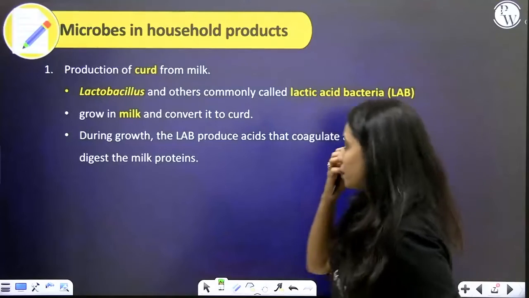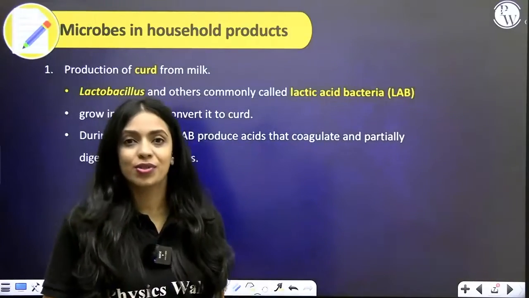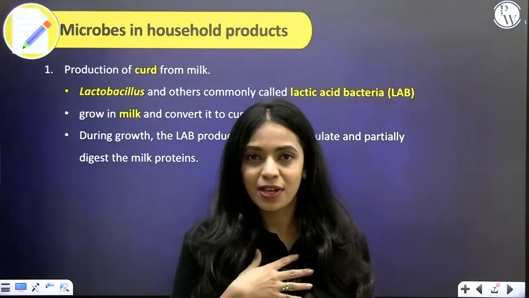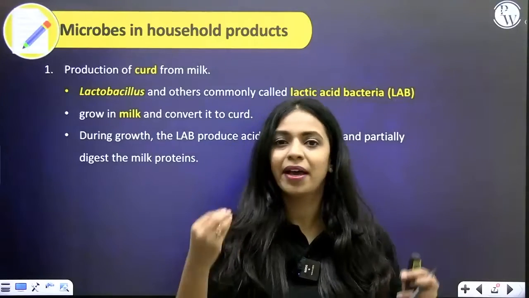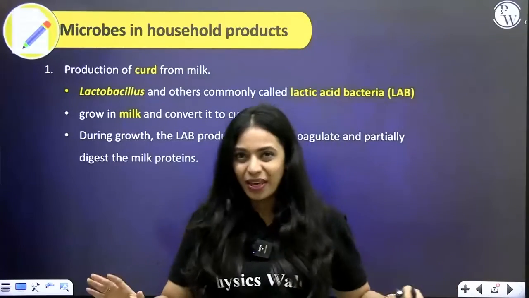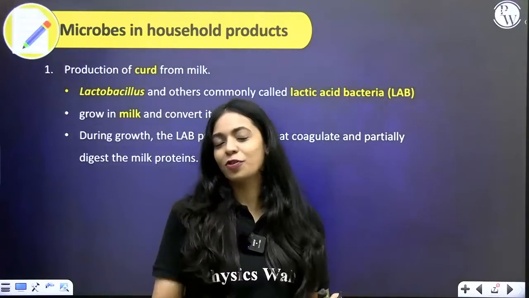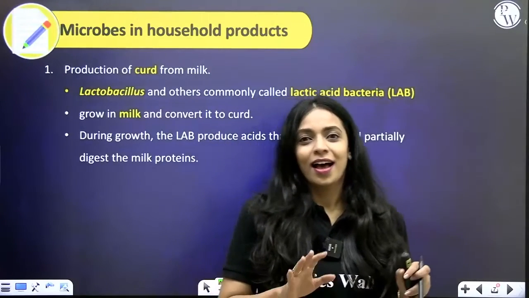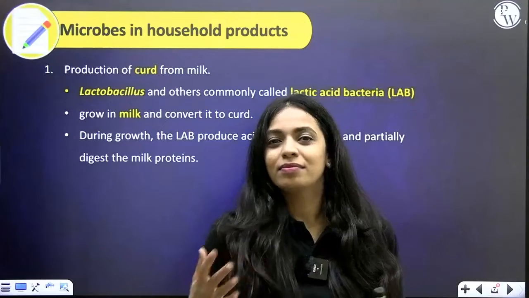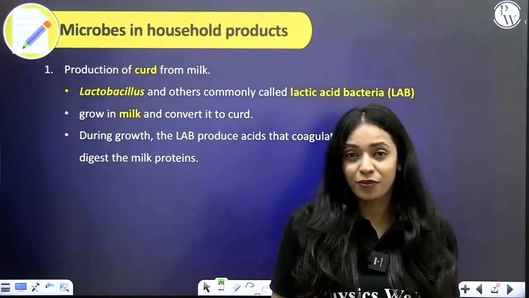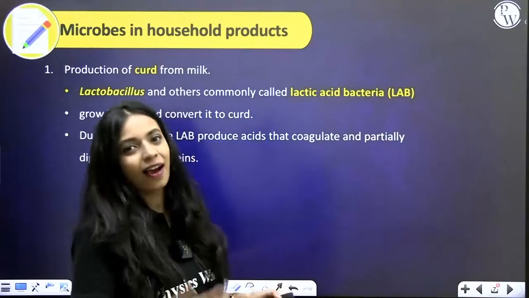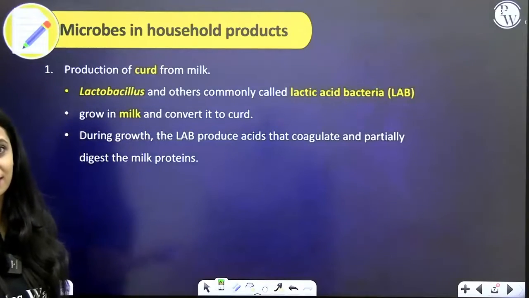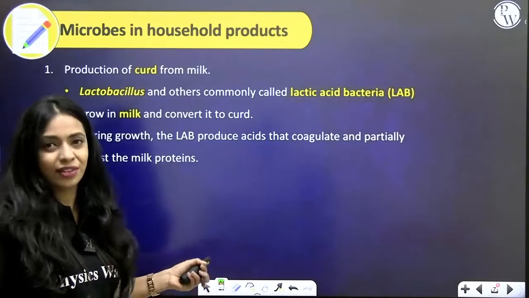All right. So microbes are used in household products. I'm a South Indian, and in my house, every week, at least twice or thrice, we eat fermented food, either idli or dosa. And I'm sure in most parts of India, dosa and idli are consumed as breakfast or delicacies on a regular basis, right?